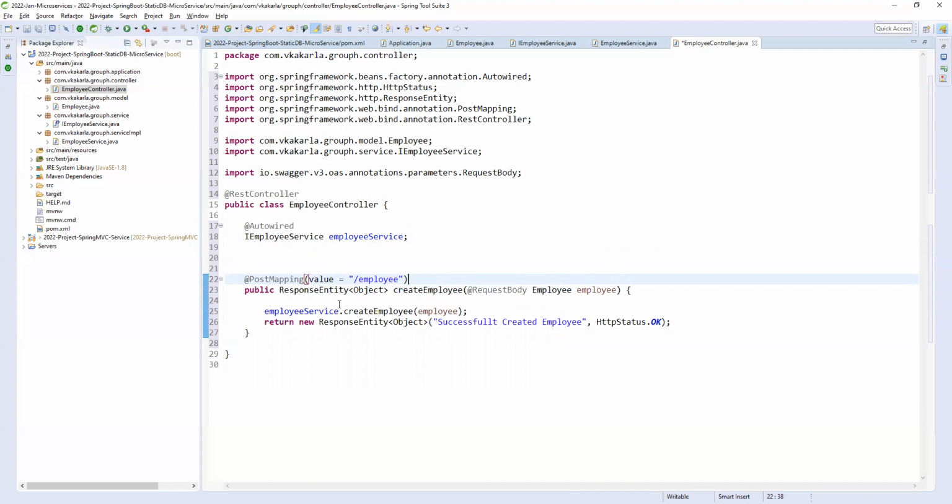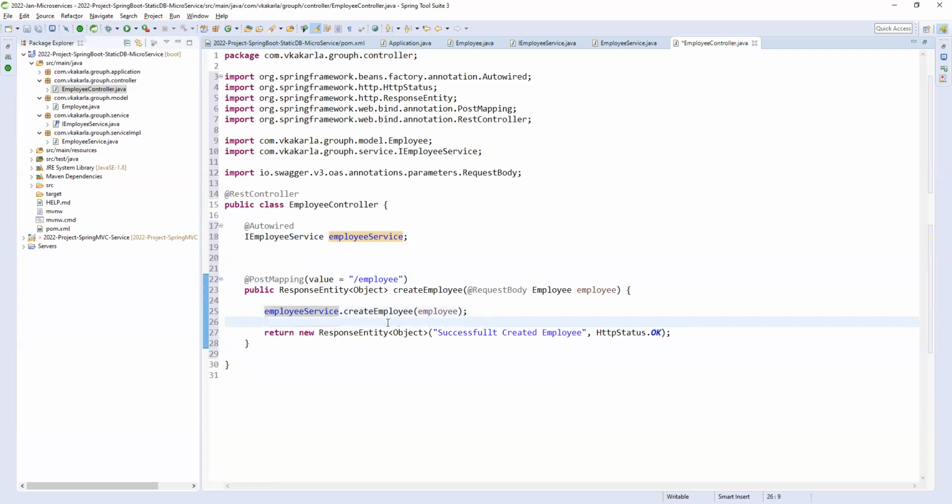Now you need to add this simple method. We are passing a request body as an employee here, and we are calling the create employee service. Why are we adding ResponseEntity? It is the return type, an HTTP response entity, because we are dealing with the HTTP protocol, as the request body of the HTTP protocol.